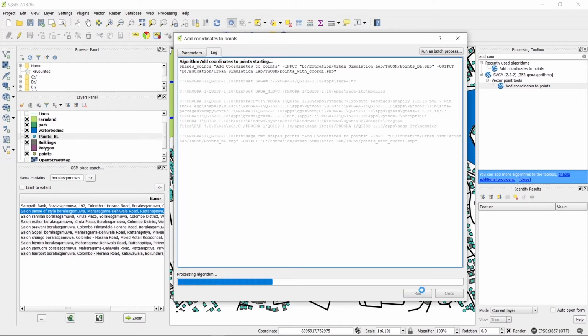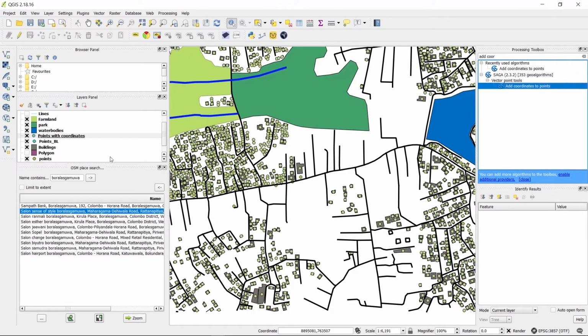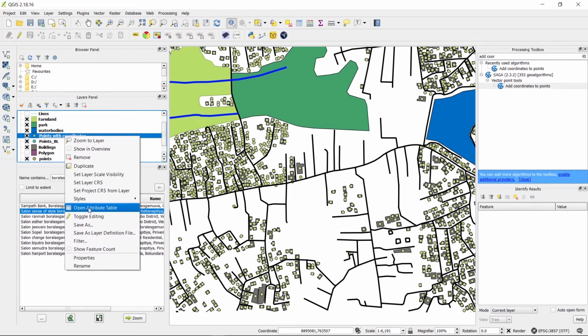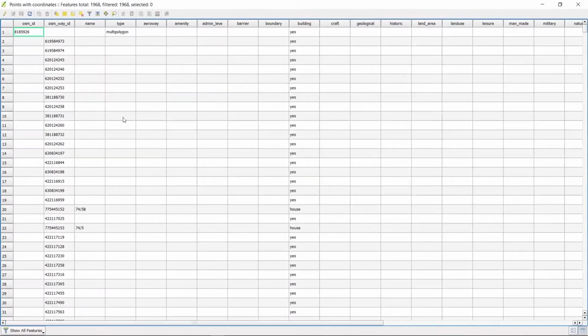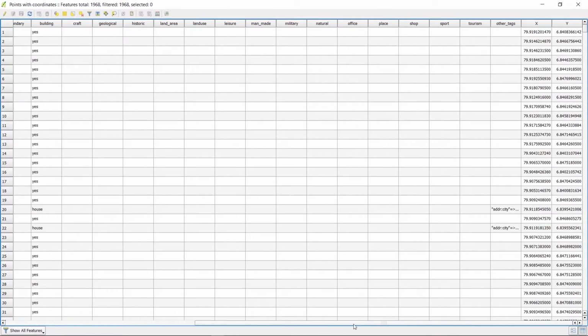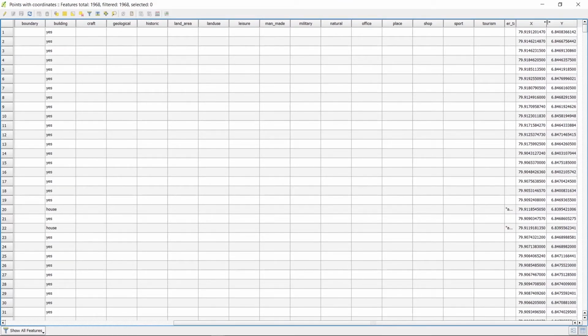Run. Right, this is the output file. I'm going to open that and expand it. See, you can see X and Y, latitude and longitude.